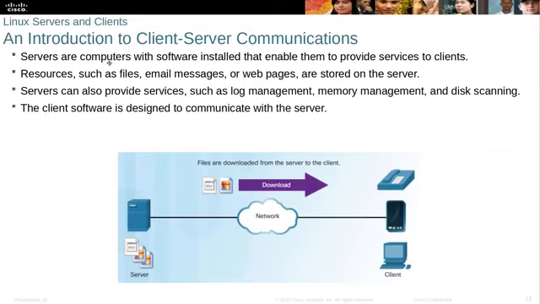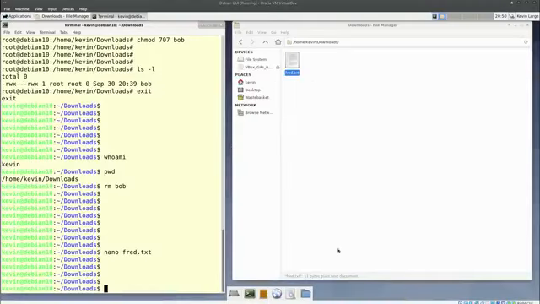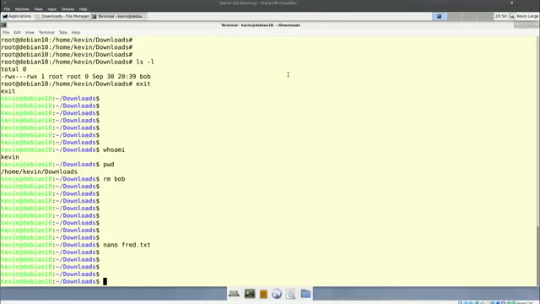Client-server operation. Servers are computers with software installed that enables them to provide services to clients. So for instance, file servers, email servers, web servers. We can turn our Linux machine into a server very straightforwardly. We'll do that now. So here is our Linux machine. What I'm going to do is I'm going to run